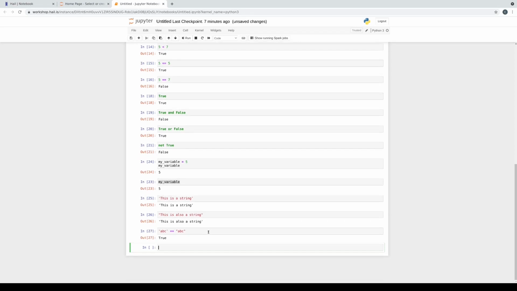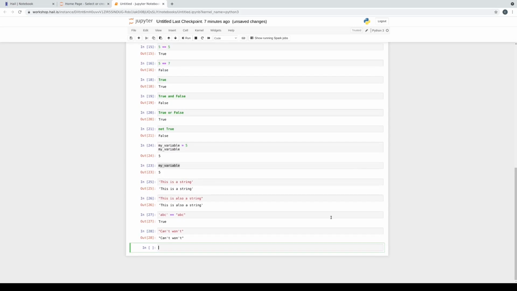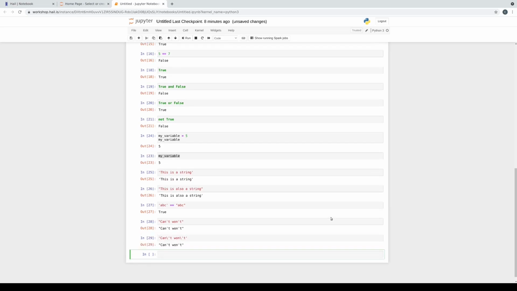One of the reasons why this is useful is sometimes, especially if you're generating error messages for a user, you might want to use quotation marks or single quotes inside of your text. And if you use the other kind of string, that will make the formatting a little easier. So for example, if I want the string that has the words can't and won't, if I use double quotes, then I can just write the single quote. But if I use single quotes, I have to escape the single quote. I think that gets me the right thing, right? And here, Python prefers to print it with double quotes because it contains single quotes.